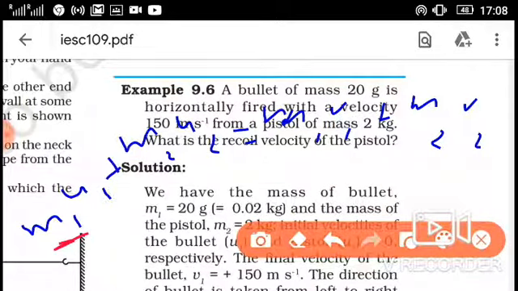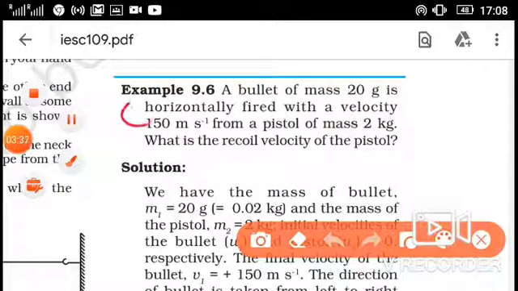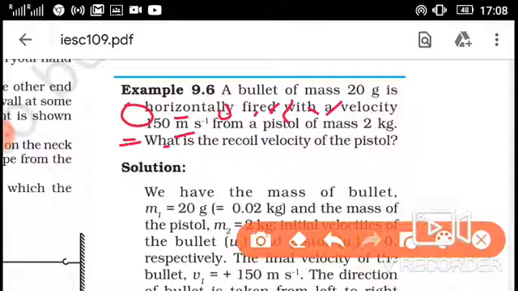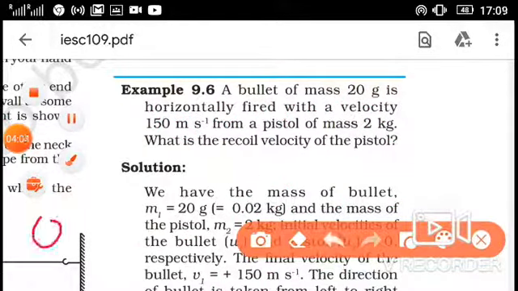Okay, you see, mass of bullet is 0.02, but initial velocity is 0. Here also the initial velocity is 0, so this term becomes 0. Now what happens here, means m1 u1 plus m2 u2 is equal to 0 because initial velocity is 0. So m1 is 0.02 into velocity 150, you put 150 here, plus m2 that is 2 kg into v2. Wait, one more time, initial momentum is 0.